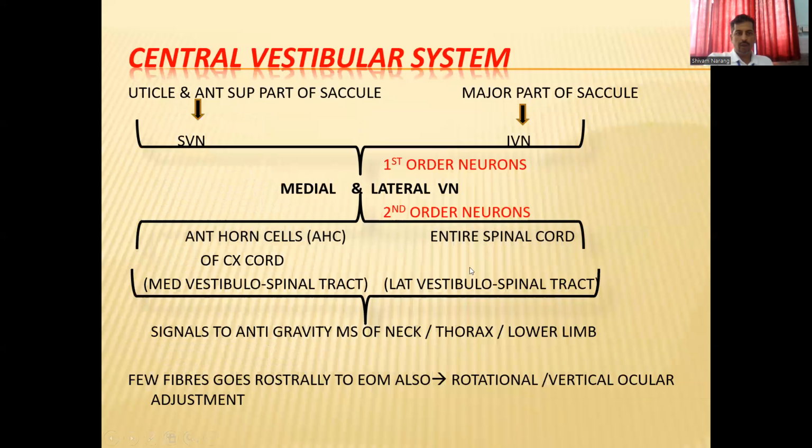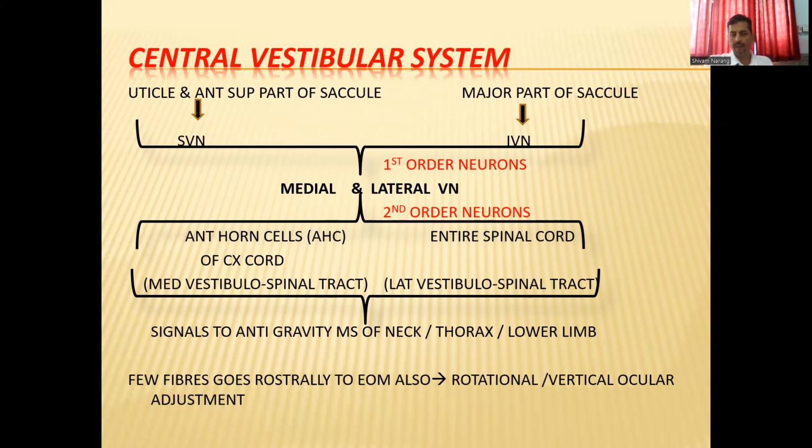So now we come to the central vestibular connections of the otolith organs. As we have discussed, mainly the utricle and some part of the saccule is supplied by the superior vestibular nerve, and a major part of the saccule is supplied by the inferior vestibular nerve. This is the first order neuron here, which reaches the medial and lateral vestibular nuclei. Here it synapses, and from here the second order neuron continues to the anterior horn cells of the cervical spinal